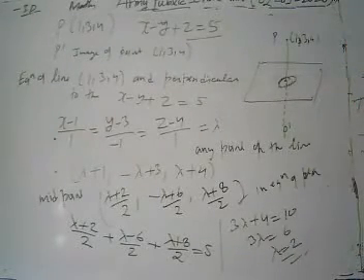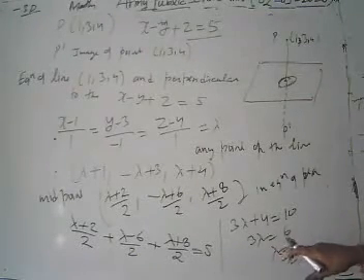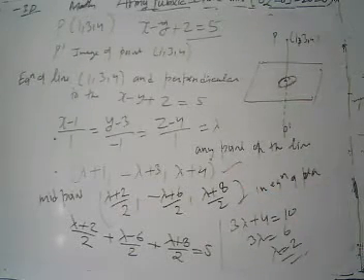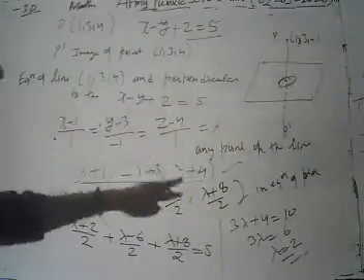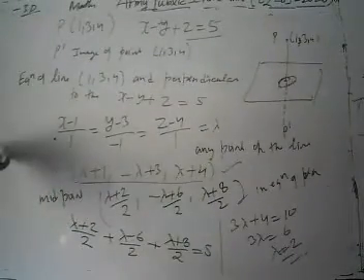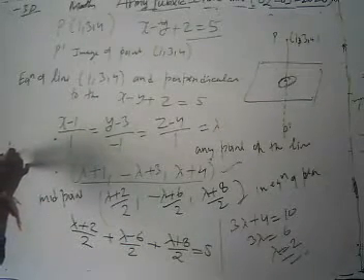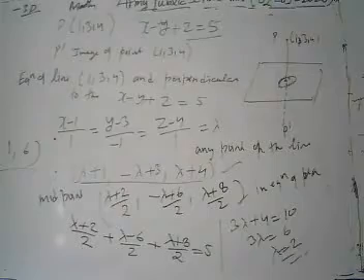Putting the value of lambda, where? Here, to find the point, to get the coordinates. Then the coordinate of the point is given by 2 plus 1, which is 3. Then minus 2 plus 3 we get 1, and 6. And what is our coordinate? It is given by 3, 1, 6. Hence the image of the point is given by 3, 1, 6.